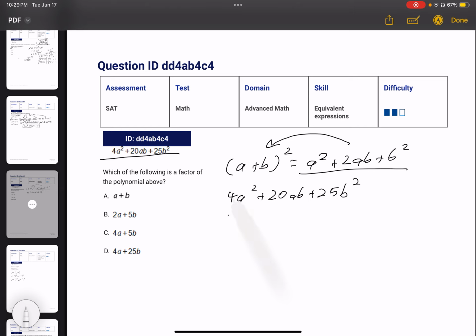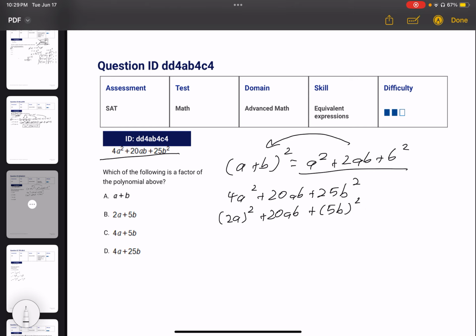We could rewrite 4 like this because 2 to the 2 is 4 and a to the 2 is a squared. And then we're going to leave this b, and then we can do the same thing here with b squared. And this gives us the ability to put it back into this form